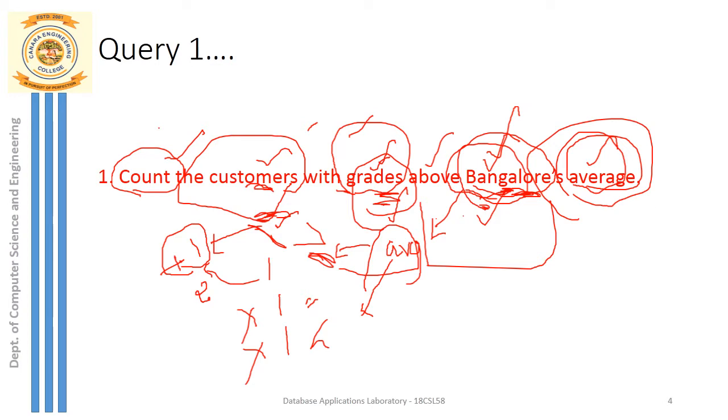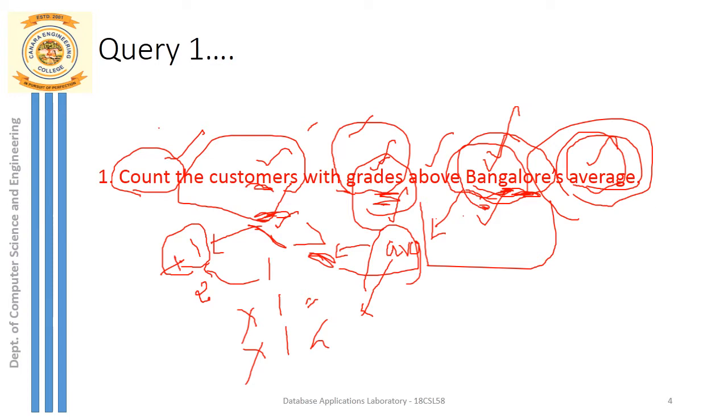I hope you all know the customer attributes. The customer attributes are customer ID, which is the primary key, and then we have the customer name, the grade of the customer, and the city of the customer. As I already said, at least 2 customers' city should be Bangalore, so that I can find the average of the grades of those customers who belong to Bangalore city. Okay, so here in this question, let's just make 2 parts.